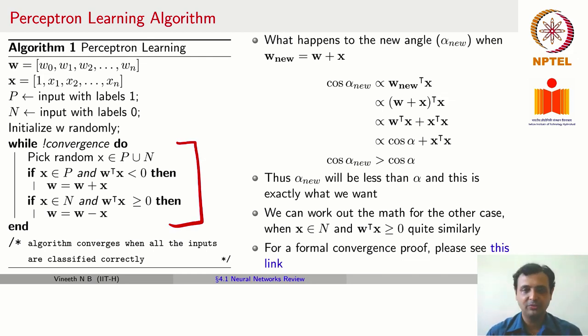Now, when would it converge? We only know that it would keep improving. The w that you get through this algorithm will keep improving in each iteration. But whether it will get us to that final solution, we still have not shown, and we're probably not going to work out that detail here. But if you want a formal convergence proof to show that as the number of iterations increases, you are going to get a solution as long as you can separate points originally into two classes P and N using a line, you can see this link shared here for the formal convergence proof.